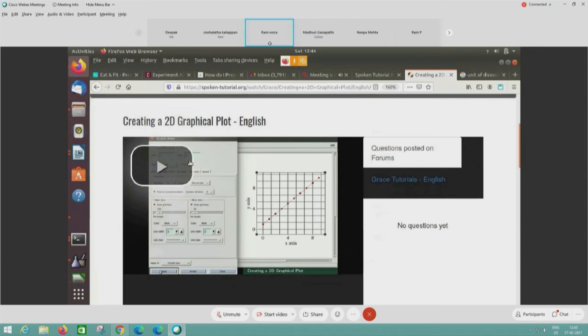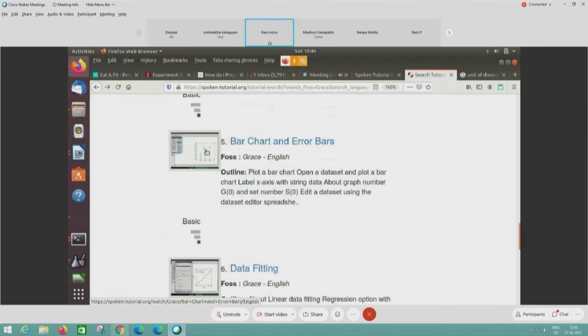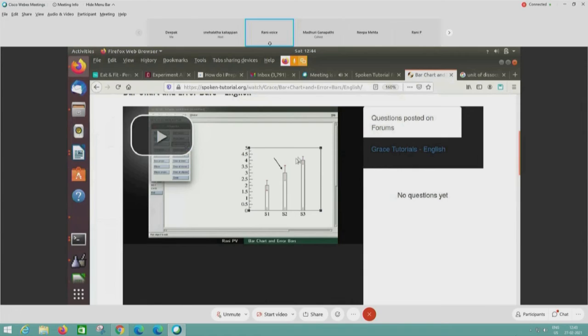This will be especially useful for school teachers and students. In the next tutorial, we will do bar charts and error bars, in which we will draw bar charts for teachers. And if the teachers want to represent error bars, we can do that.